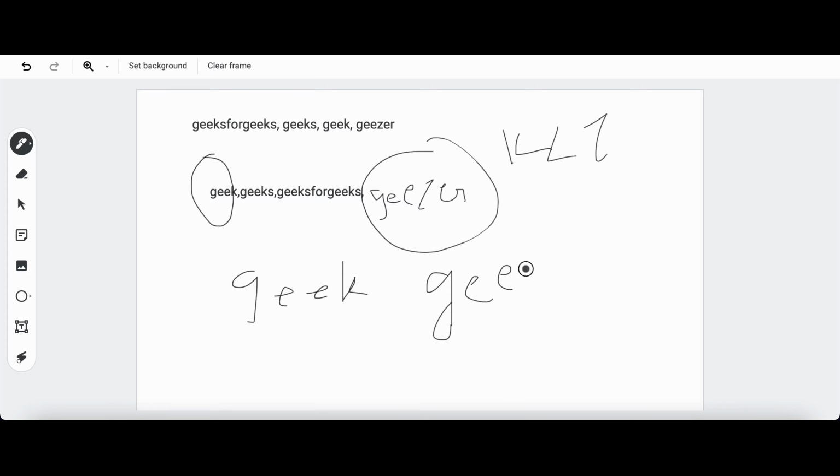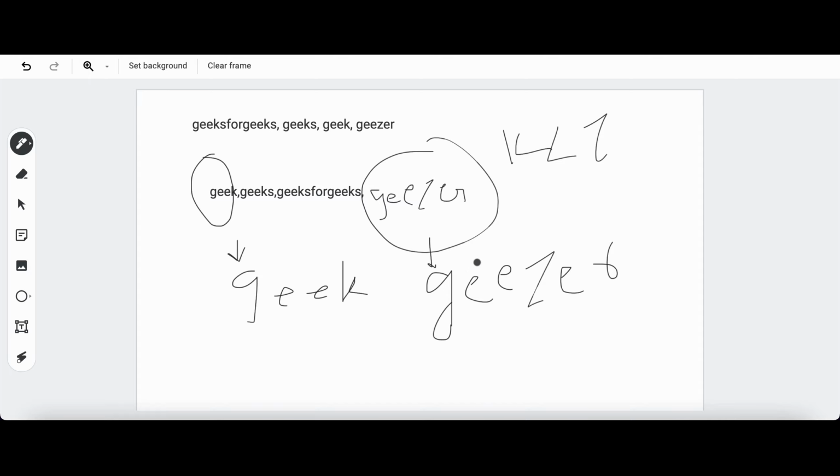Now we need to apply two pointers, or let's say two variables, one pointing to the first index of the string geek, the other pointing to